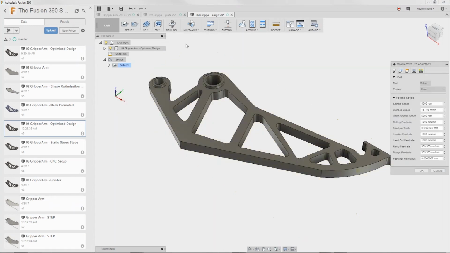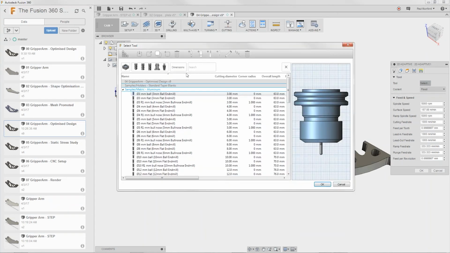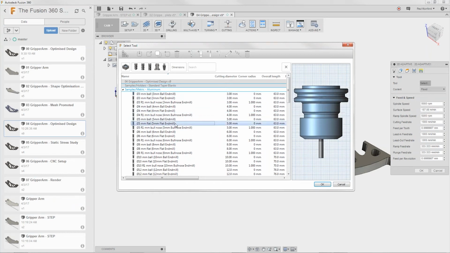So we'll start right here with the setup. I'll just click setup and Fusion should automatically give me a bounding box. So it's given me a size of material I would need for a part like that. We can put our own material sizes in if we have a specific size billet we want to work with. And I'm just going to take my coordinate point and pop it over here in the corner. That makes more sense to me. So I'm just going to say OK to that. So that's my stock setup,